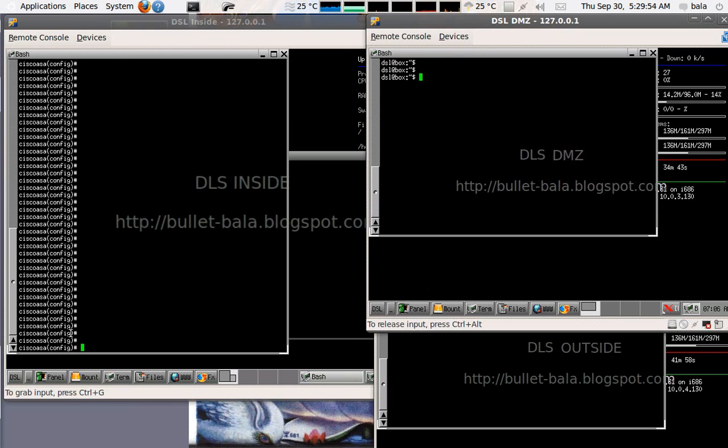First, let us try to SSH directly. You can see the IP addresses over here: 10.0.3.130 and 10.0.4.130. Both are on different subnets. So if I were to SSH to